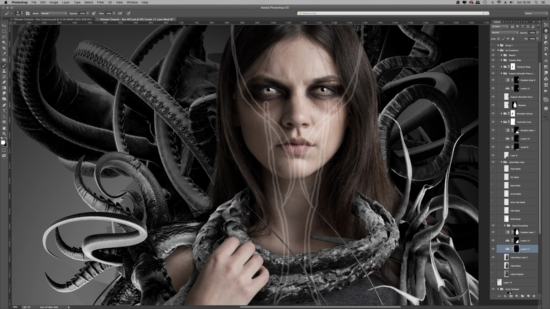And there you can see it's a very quick and very dirty way of creating dark eyeshadow. It's not perfect for every case, but for things like this, alien-esque, otherworldly, it works really well. Even though it's not the most subtle look in the world, I quite like it, especially when it's combined with those bright eyes.